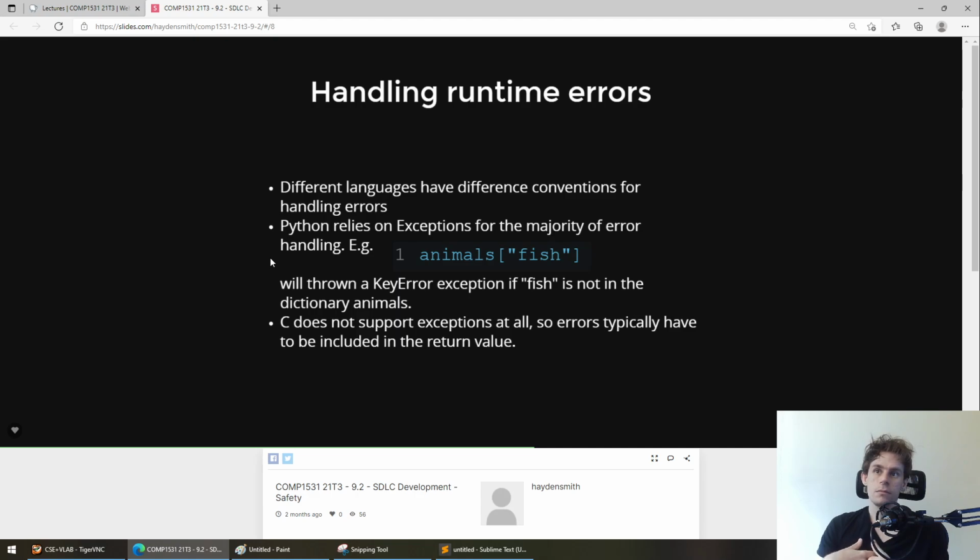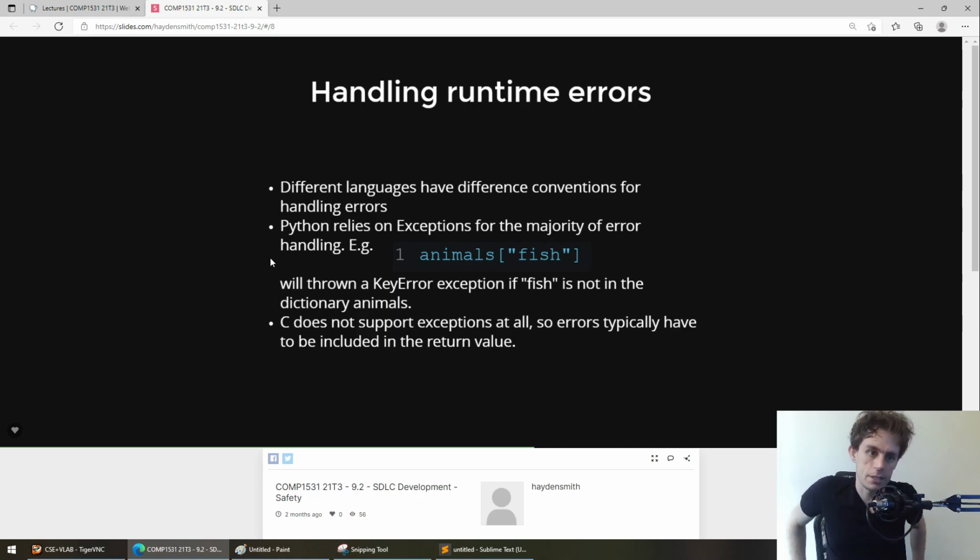Well, you'd probably say Python because of the fact that Python relies on exceptions. And in fact, many languages rely on exceptions. C is probably one of the few popular imperative programming languages that doesn't rely on exceptions. So in Python, when anything goes wrong, it's typically thrown as some kind of exception that you can catch. And what that means is that in Python, you're largely guaranteed that if you're willing to catch errors, then nothing will happen that isn't expected, right?